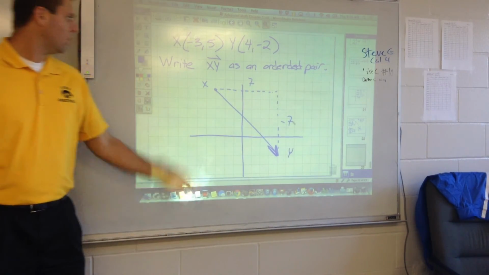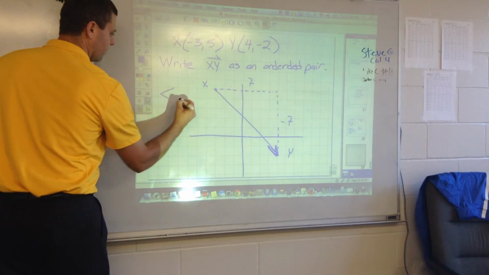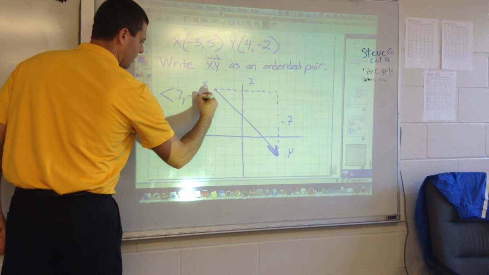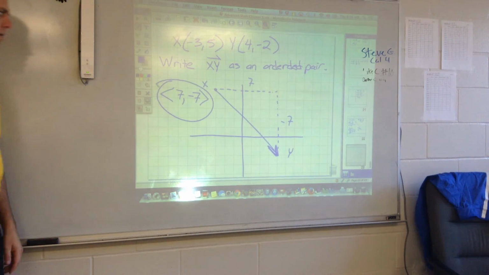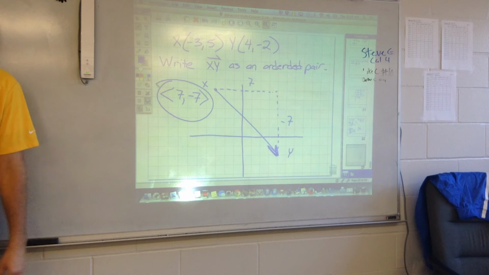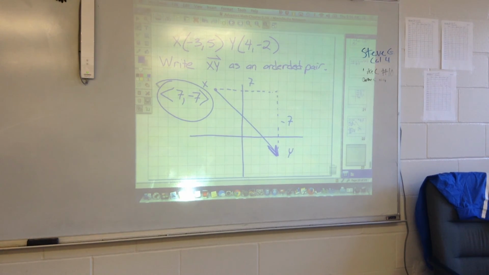So if I were to write this vector as an ordered pair, very simply my answer is 7, negative 7. And that would be it. You don't need the picture to help you. Alright? If I asked you to find the magnitude of that vector, well,